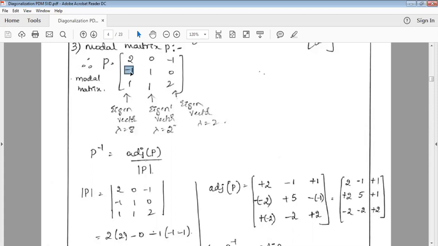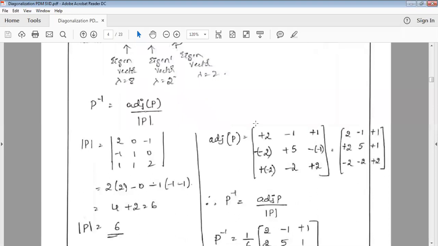And I'm going to ignore the second row and the first column. Therefore, I will be left with 0, minus 1, 1, and 2. And that multiplication will be minus of minus 1, which is plus 1. Therefore, plus 1 comes at this position, but I'm going to transpose it. Therefore, 1 comes here. Right? So that's how you can find the cofactors and then find the adjoint of the matrix.